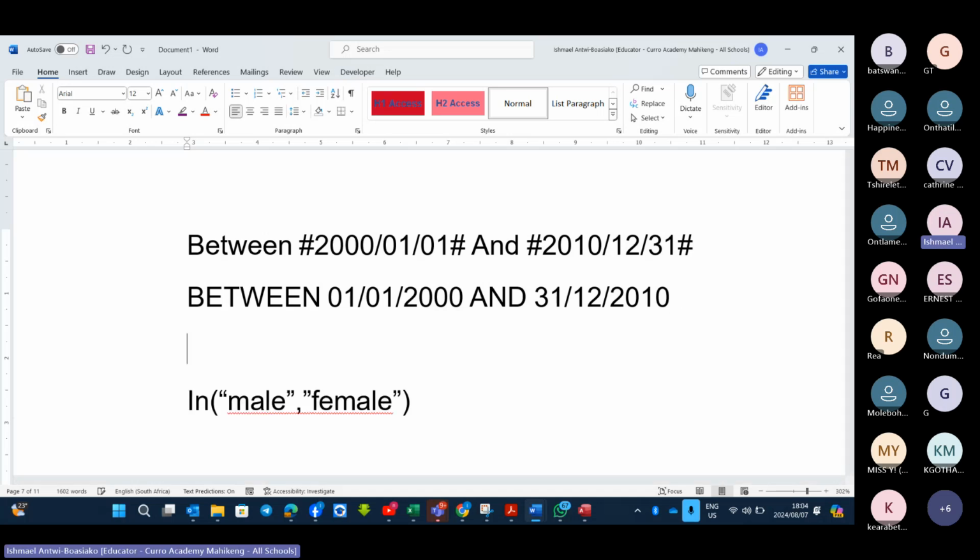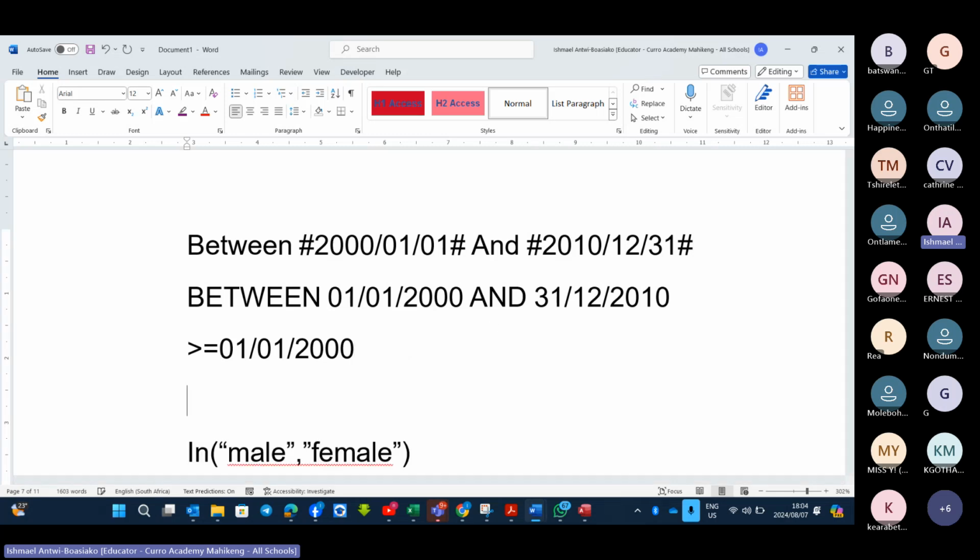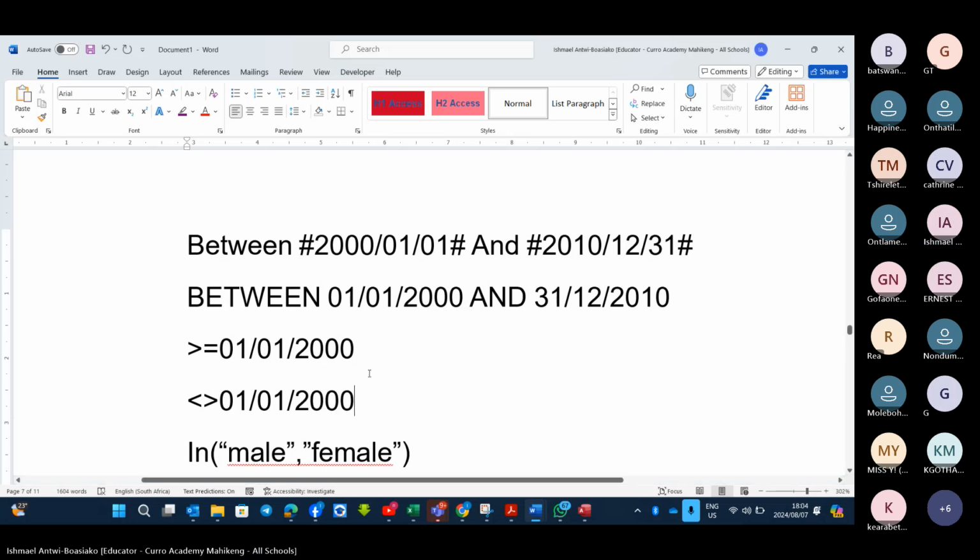But if you know only the start date, then you can use greater than or equals to, and type the date in the normal format. Let's say 01, 01, 2000. So you type it by using greater than or equals to, or less than or equals to, or not. In a database, we use this as not, that is excluding 01, 01, 2000. Please, let's take note of this for date. And the last part